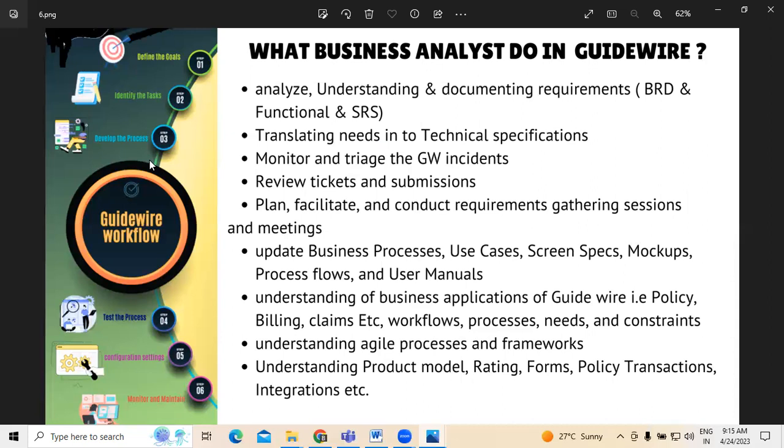And whoever wants to pursue and whoever wants to learn, my advice, of course, I don't say that it is mandatory, but my advice is to learn Guidewire business analyst in the context of either billing, or policy center, or claims, right? Any one, because all three will be much larger. Depending on the interest and the time that we invest, it will vary, of course, that's a different thing. So this is how usually the role of the business analyst in reference to Guidewire is being used.